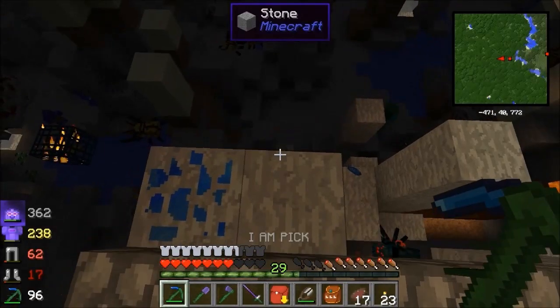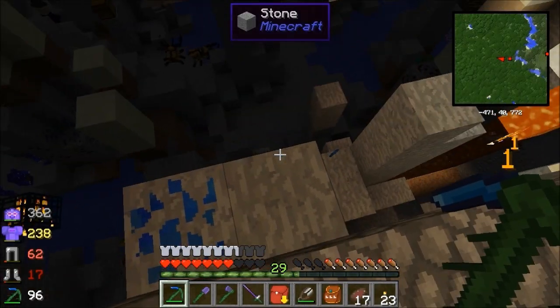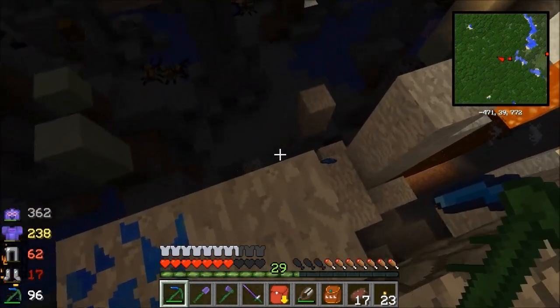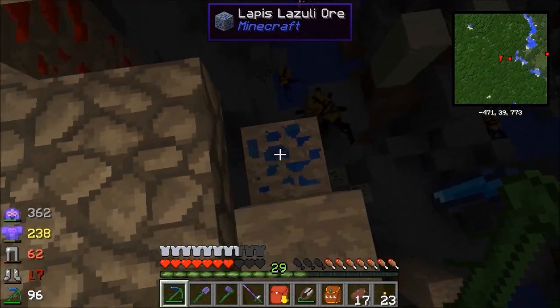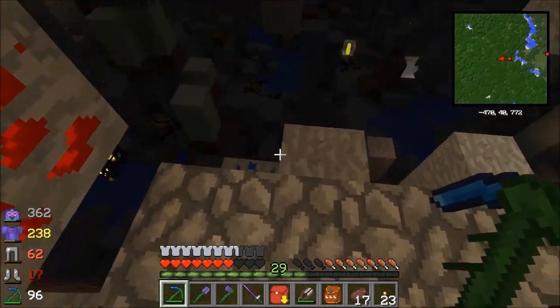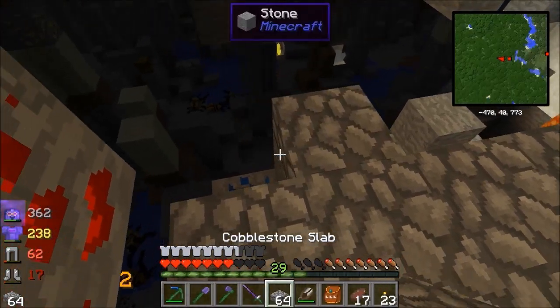So I don't want to take too many risks because a skeleton could knock me off and stuff like that. But really, what I'm going for here, got all the danger down there. That's one of the firebug spawners. So if you check this out, look, I've got 64 cobble there. If I place a few down,